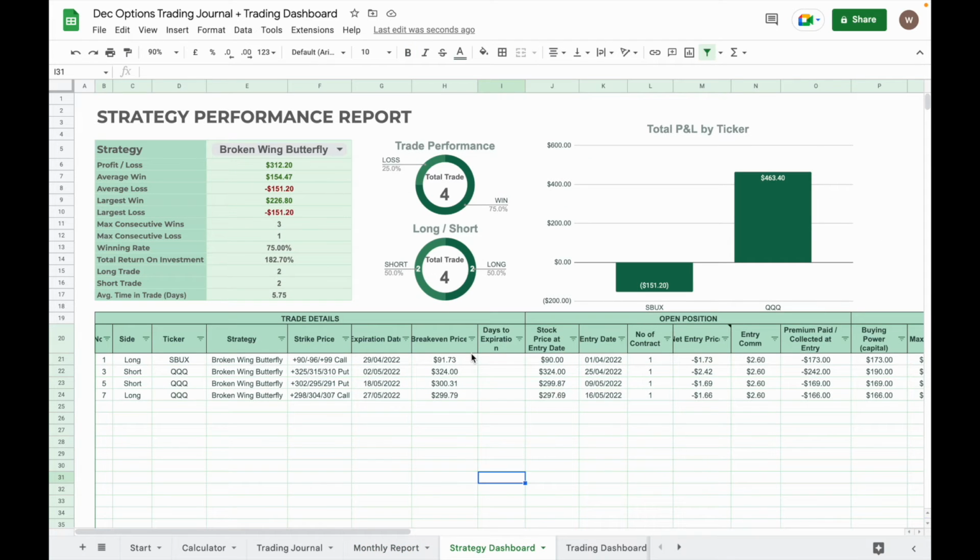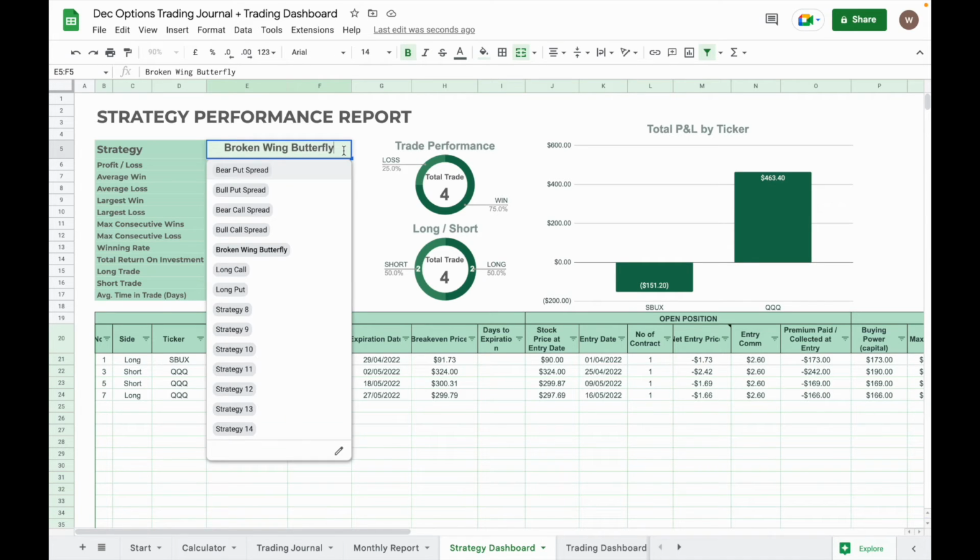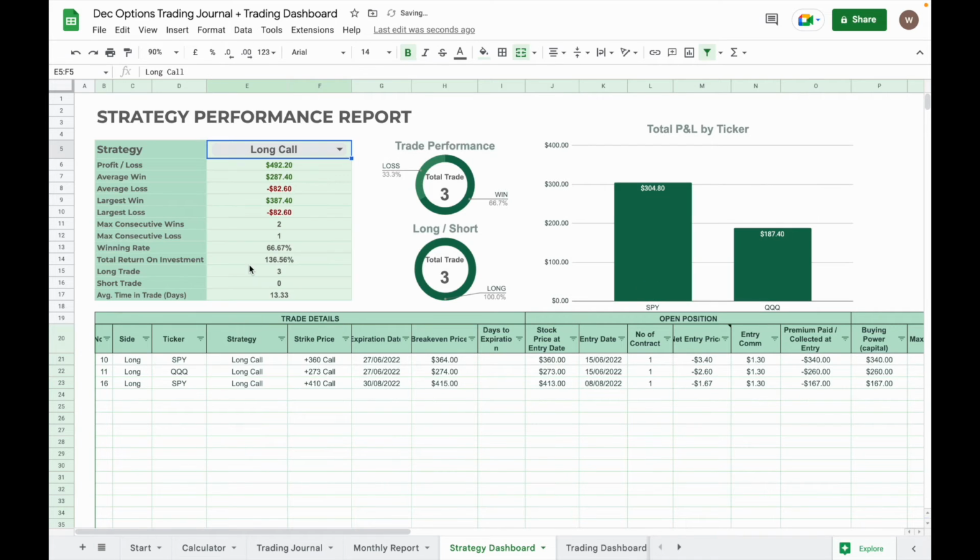Next is the strategy dashboard. The strategy performance dashboard lets you see how each of your individual trading strategies is performing. This allows you to identify which strategies are working well and which may need to be improved. From the drop down list here, you can select the strategy you want, and it will list out all the trades taken using this strategy, and will show you the summary and statistics such as your profit and loss,